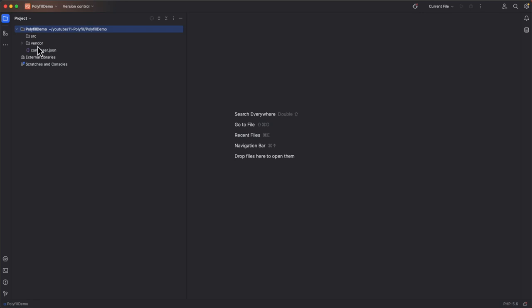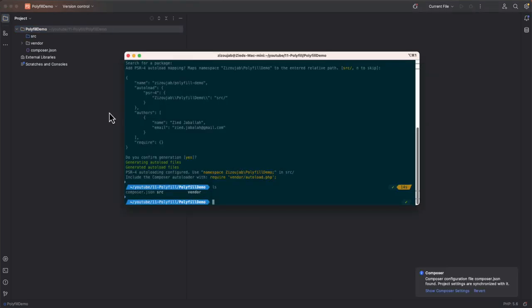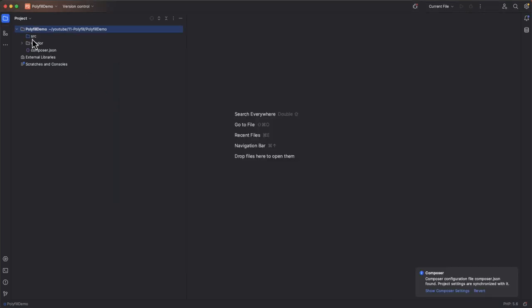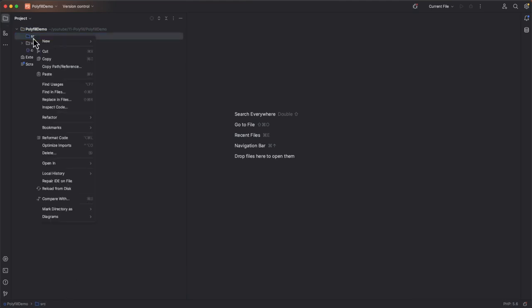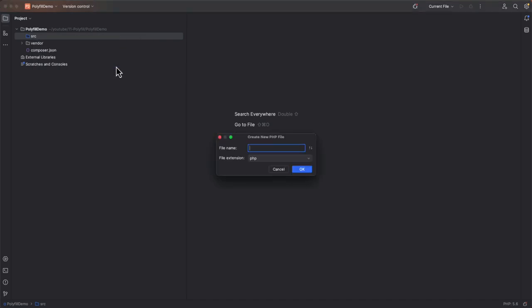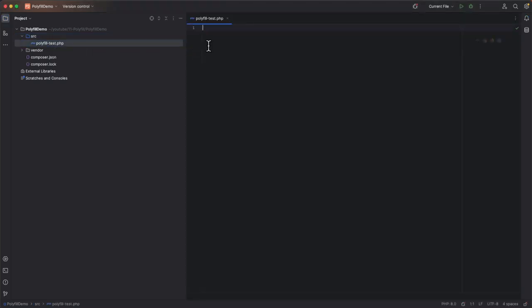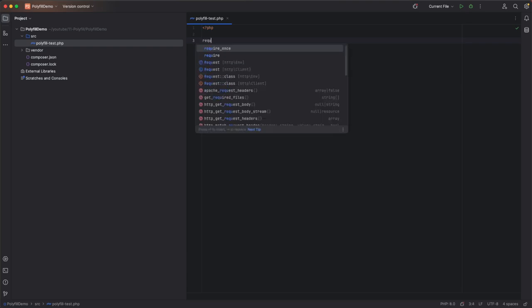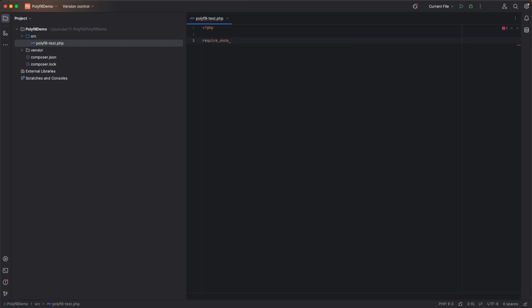Alright, now we have our project opened in PhpStorm, which, as I said, contains an empty src folder and a vendor folder and composer.json. Now let's write our simple script. We're going to create a new PHP file. Let's name it polyfill-test.php. Within this PHP file, I'm going to execute a very simple PHP script, but before, let's require once our